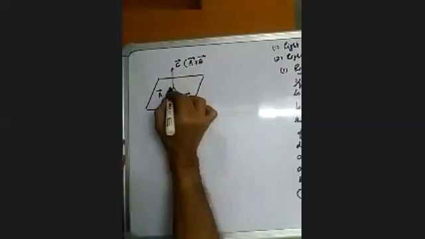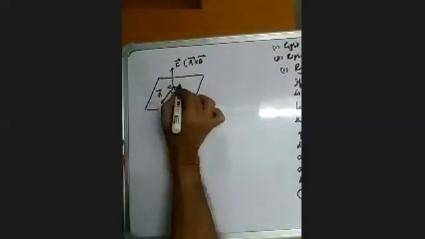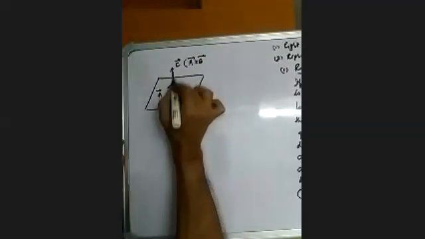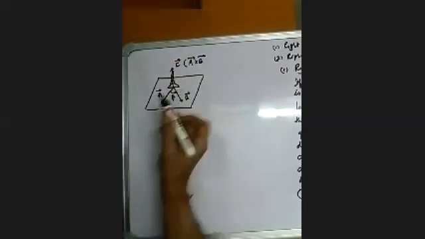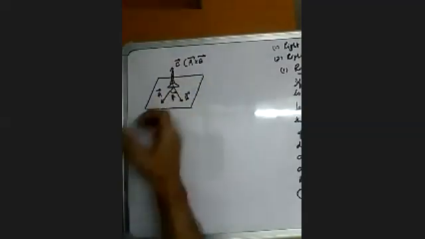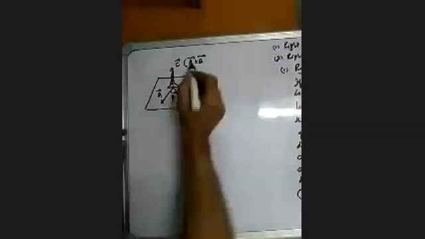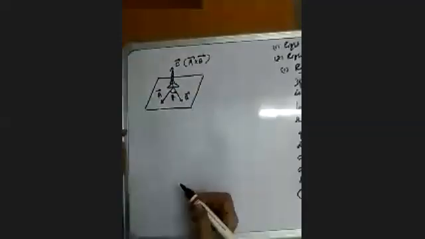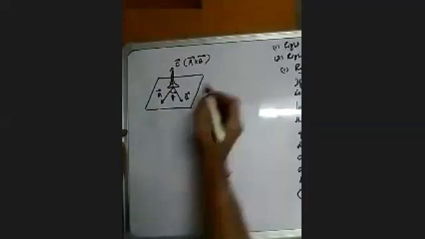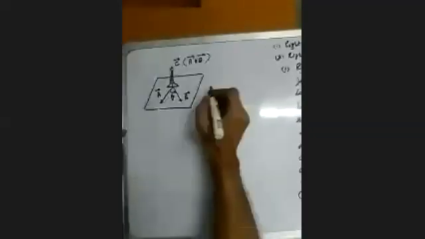You can imagine a screw here. So this is a screw. Okay. So when you turn the screw from this side to this side, you'll get A cross B. Okay. Similarly, if you want to find out B cross A,